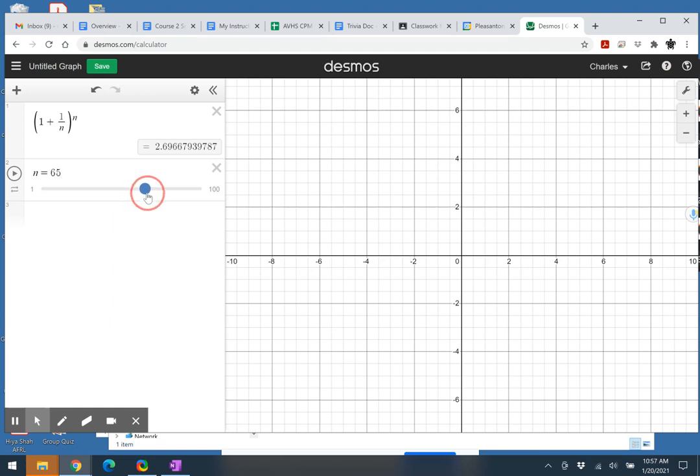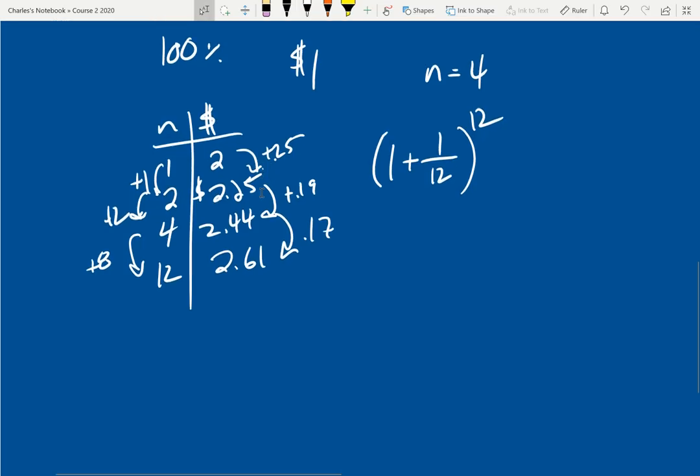If you watch what happens, it's leveling out. It's not getting that much higher. Okay. If I'm at 100, it's at 2.70. If I maybe make this go from 10 to 10,000, and let's make the step 100, then notice that it's going up by less and less and less. It's reaching its limit. And that limit is this new letter that you're going to see in your math class